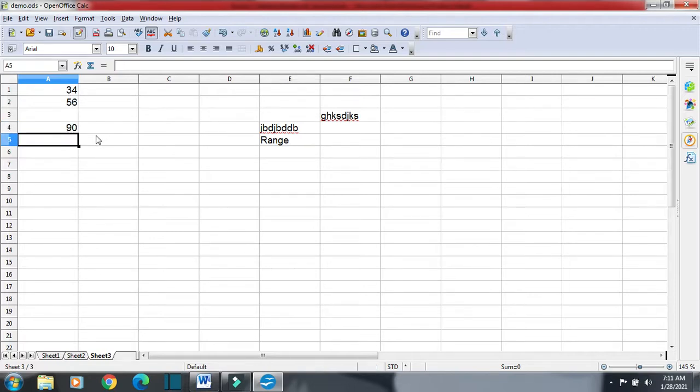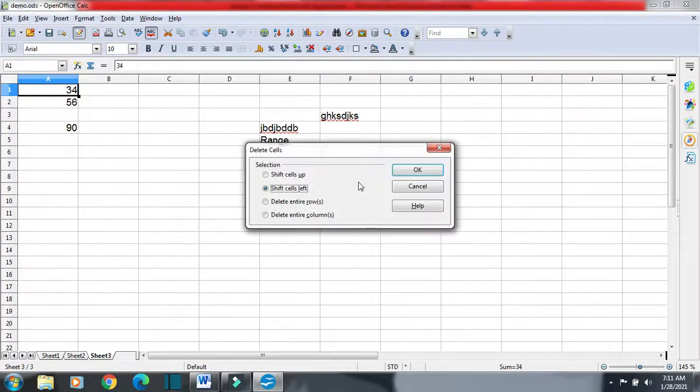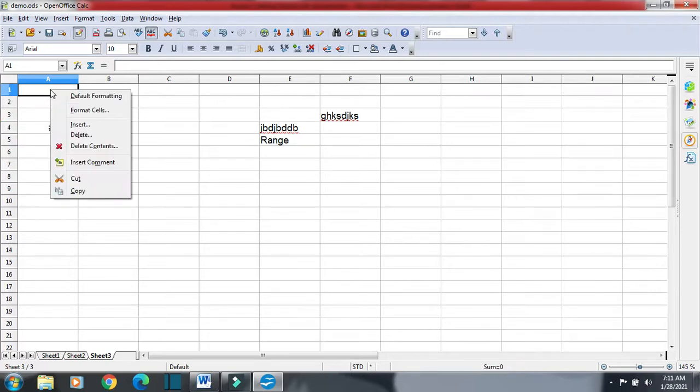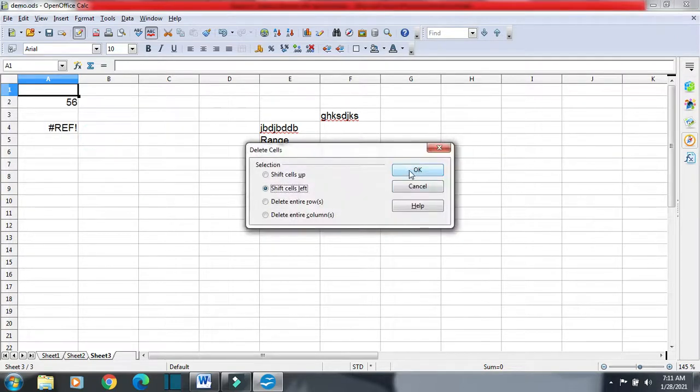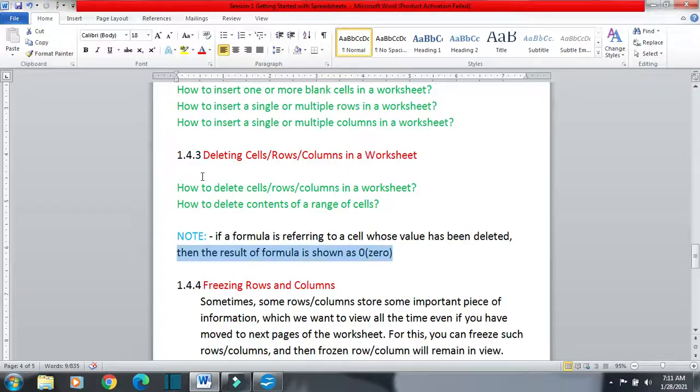We have the value 90, and suppose I have deleted the content of this cell. You can see it will either give 0 as a result or it will give you an error value, because there is a problem with the reference.